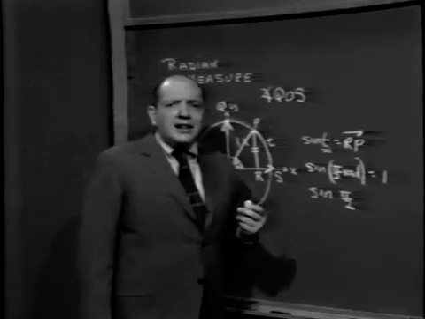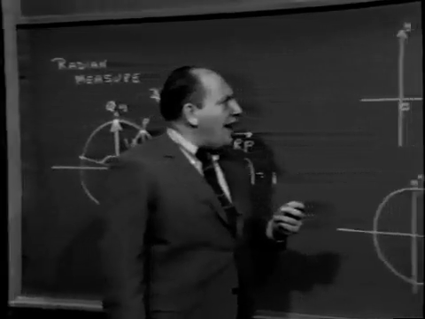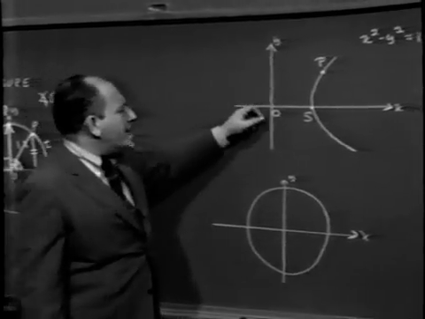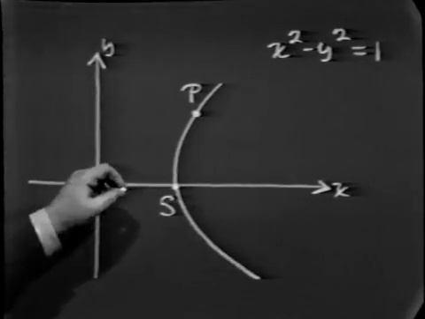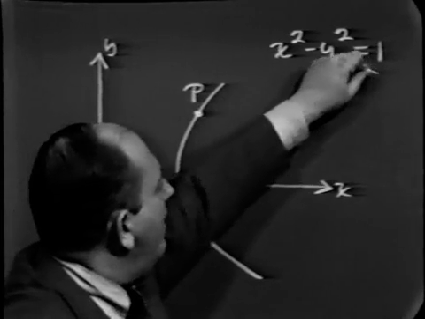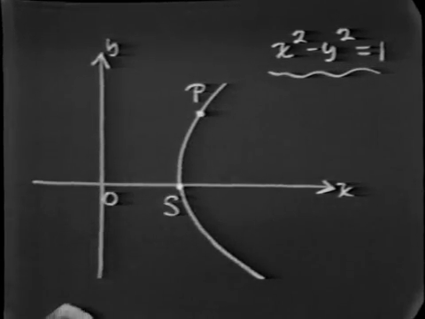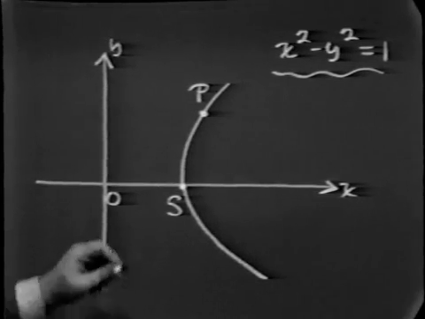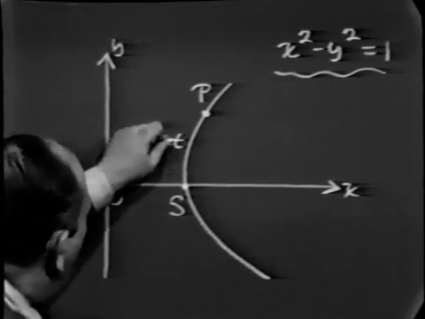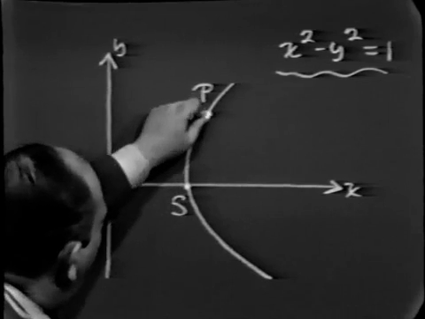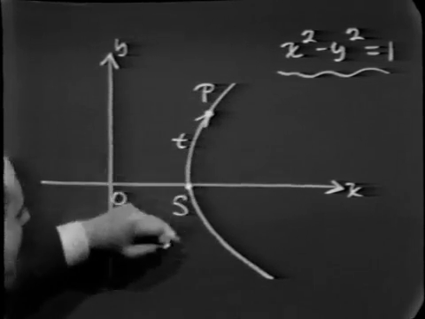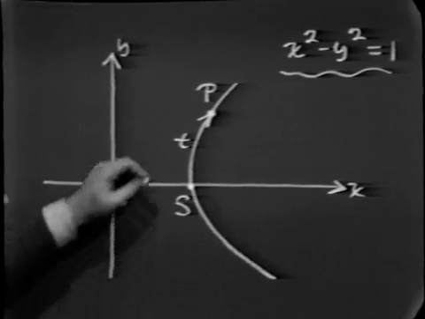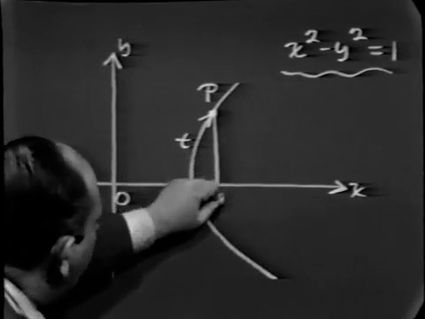By the way, again, there is nothing sacred about our choice of why we picked circular functions. We could have picked hyperbolic functions. Namely, why couldn't we have started, say, with one branch of the hyperbola, x squared minus y squared equals 1? Given a length t, why couldn't we have measured t off along the hyperbola, say this way if t is positive, the other way if t is negative, and then what we could have done was drop the perpendicular again,